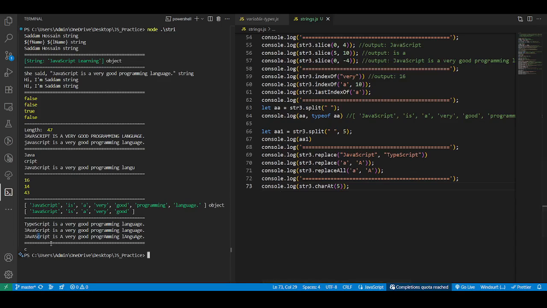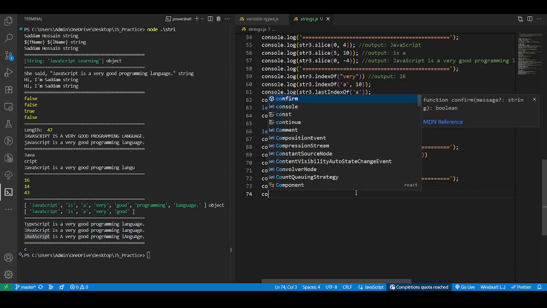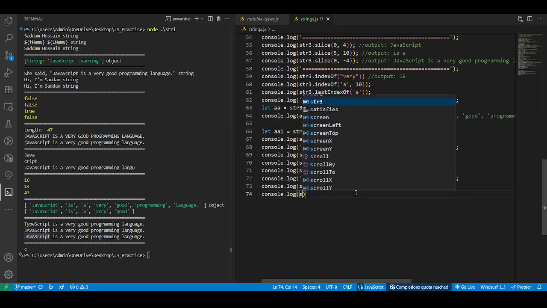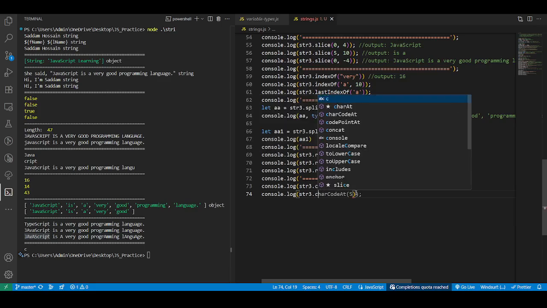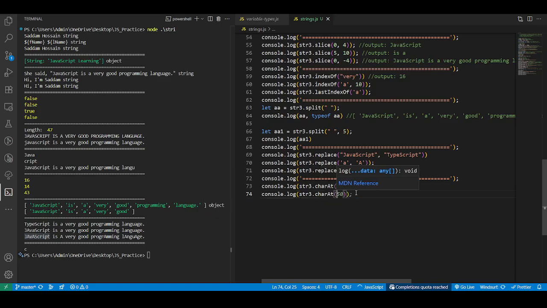Similarly, I want to, you can say, ignore the first 10 characters. After that, I want to check, right? So for that case also we have a similar thing to do. So let's say console.log, and if we see str3.charAt index,